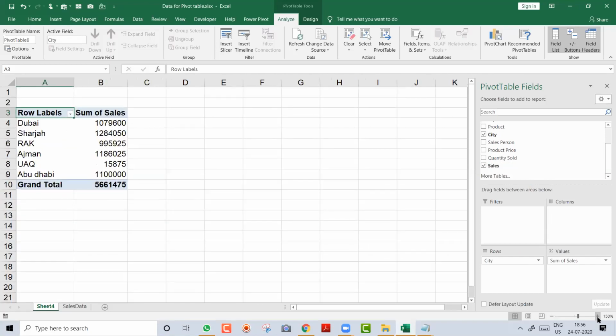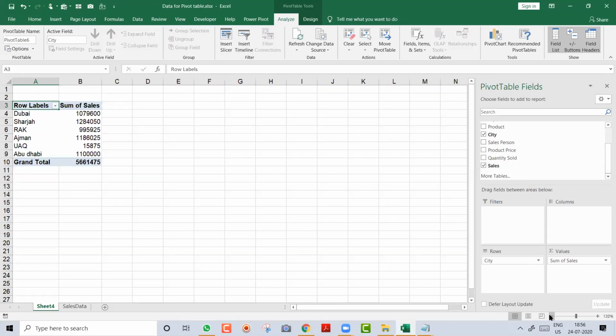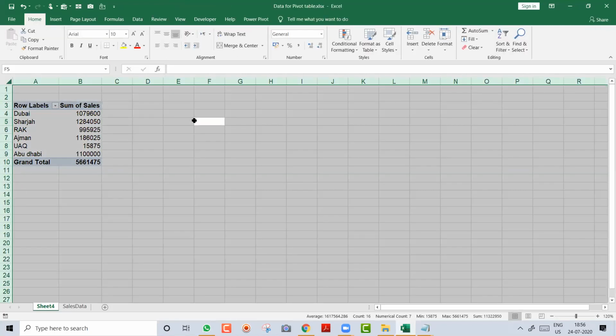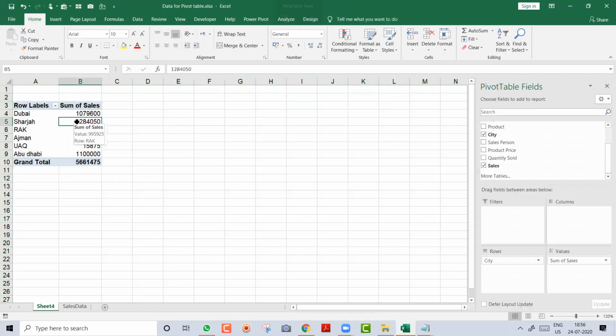Now, important thing. I will show you how to bring everything onto one screen in the form of a dashboard. Five minutes more. After this, friends, you come inside this pivot table and press Control A. Control A is for select all, so it will select this entire pivot. Don't select the whole sheet like this. This is wrong. Don't click outside and press Control A. Keep the cursor inside and press Control A. Only this much gets selected.